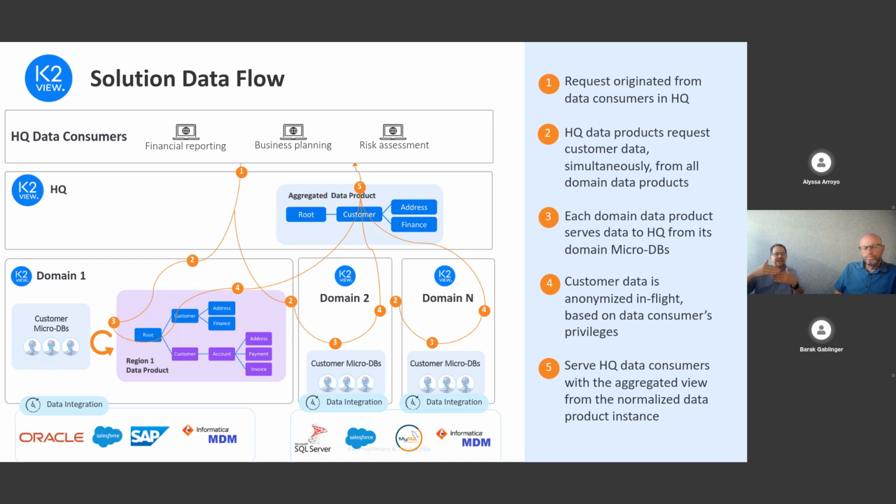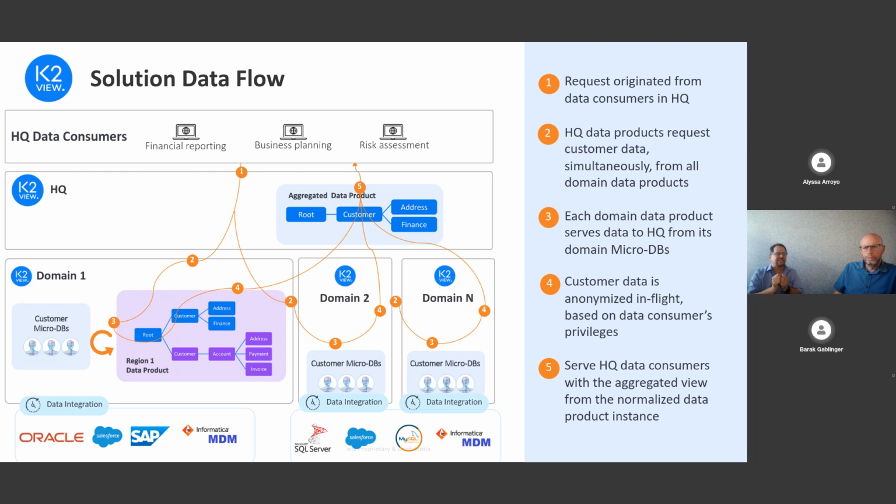Okay, so now once it's aggregated in the headquarters, in their case, they wanted to expose the entire data from each region, but you can put a transformation layer on the aggregated headquarters data, for example, to do a golden record of the address or to accumulate financial information according to the business needs.